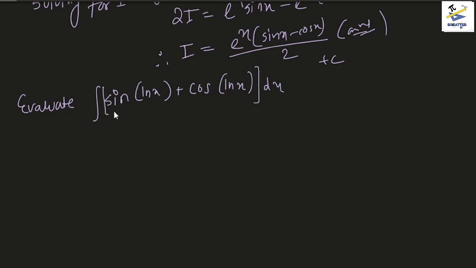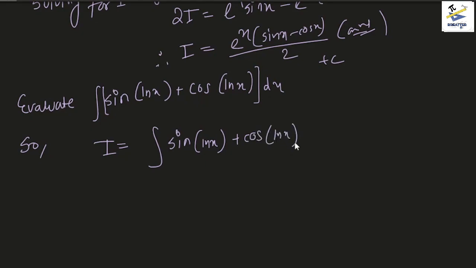Now obviously, as this is not any function that we can be reminded of, this is not any elementary function, neither does it have a substitution that is very clearly visible. So obviously the derivative of log x is also not present, right? So naturally the first thing we would like to try is to substitute for log x and see if that makes any difference, right? So obviously I is equal to the integration of sine of log x